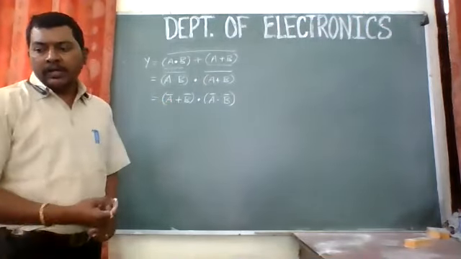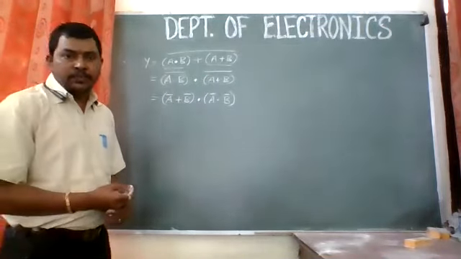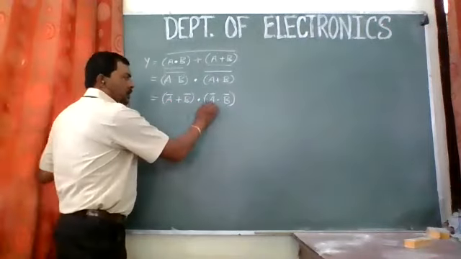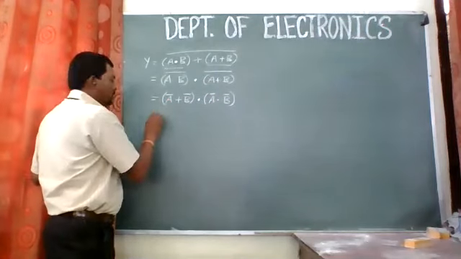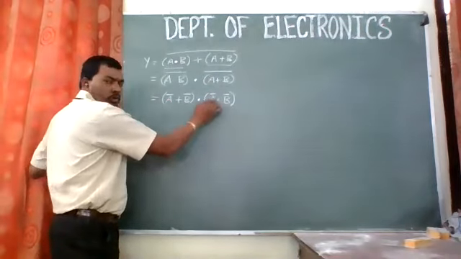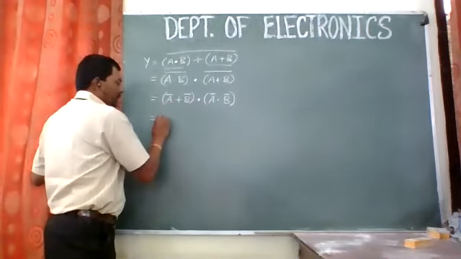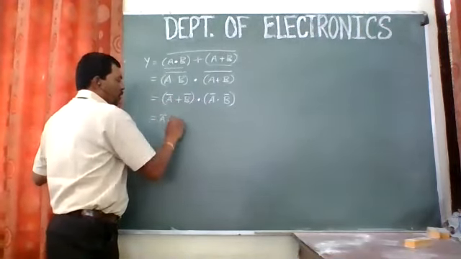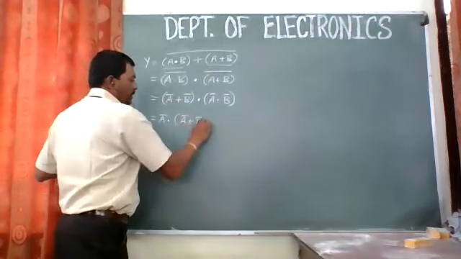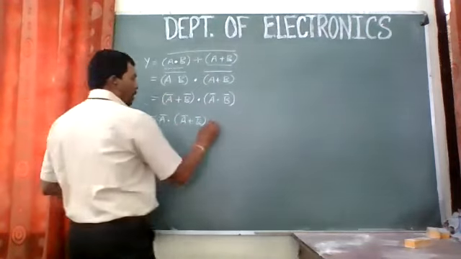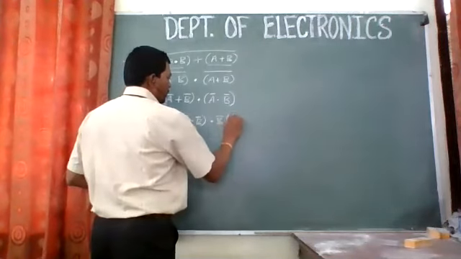Now again, by using some of the Boolean expressions, can we multiply this a complement plus b complement to this bracket? So let's begin with that. I'm multiplying this whole bracket with this bracket, right? So we'll have a complement multiplied by this: a complement dot a complement, plus, b complement dot, b complement a.